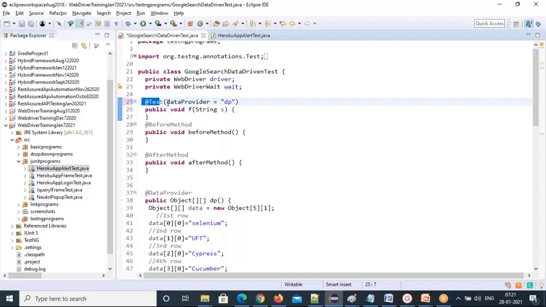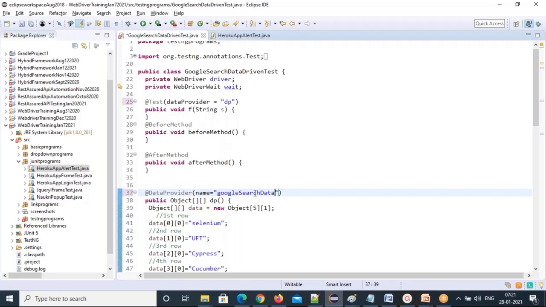@Test bracket dataProvider equal to the data provider method name I'm giving, or you give the name here. Suppose you have given the name, so name equal to, and this name you need to provide there. Let me give you a name, Google search data.